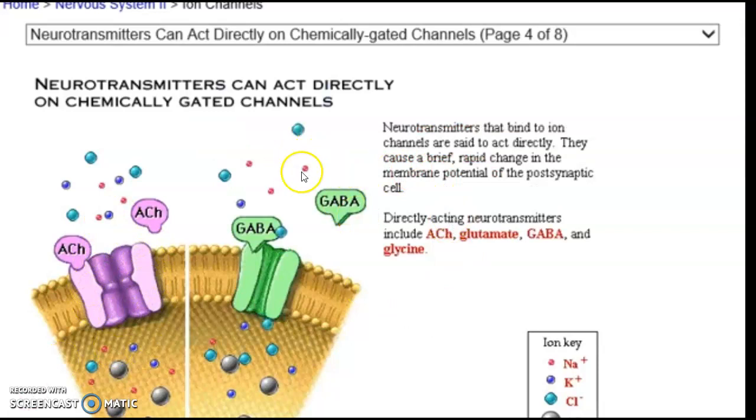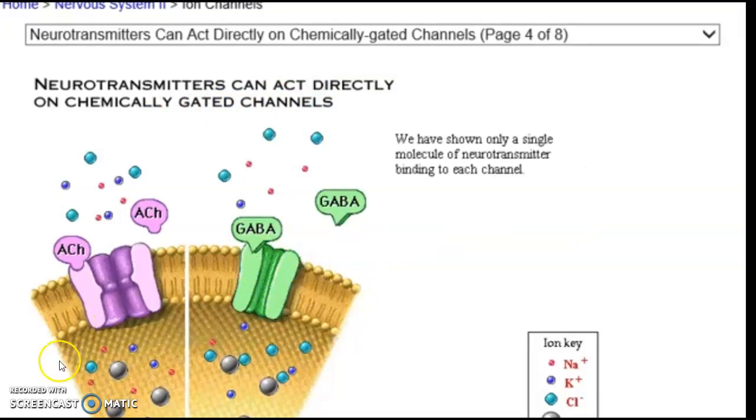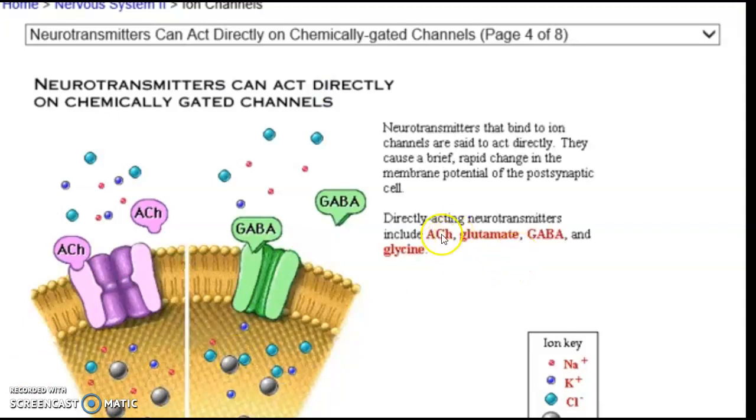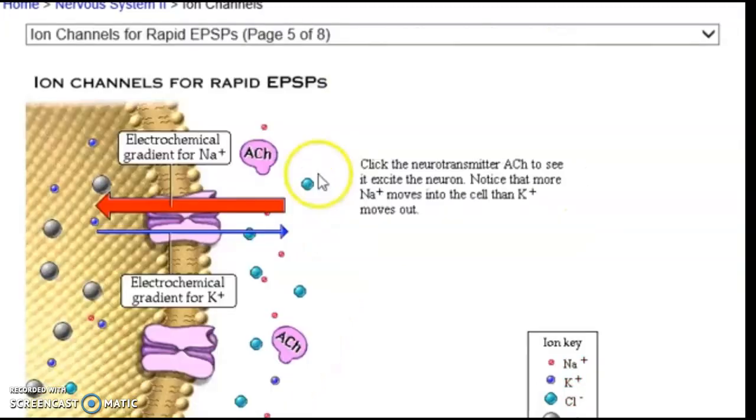Okay, here we see another direct acting neurotransmitter on a chemically gated channel here. And here, so acetylcholine was direct acting, GABA is direct acting, glutamate is direct acting, glycine is direct acting, meaning they directly open the doorway, which allows the ions to either go in, go out, or positive or negative directly through the doorway. Okay, now notice we're looking at what we call rapid excitatory postsynaptic potentials,